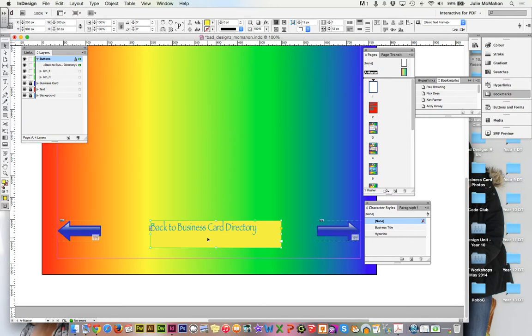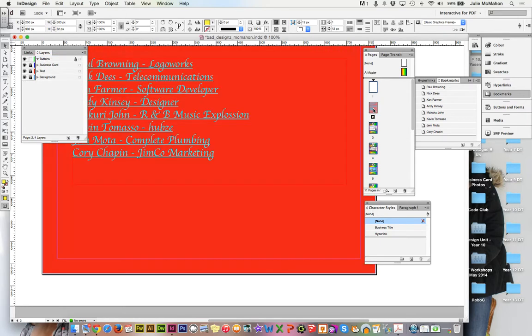So I have this, I'm going to create a button for that. But before I make that into a button, what I should do and need to do is add a bookmark back to our table of contents page. So I'm going to click on that, make sure you have the arrow and you're on that page, and I'm going to add one more new bookmark and call this TOC for my table of contents. So now that I have a table of contents bookmark in place, I'm going to go back to my master page,